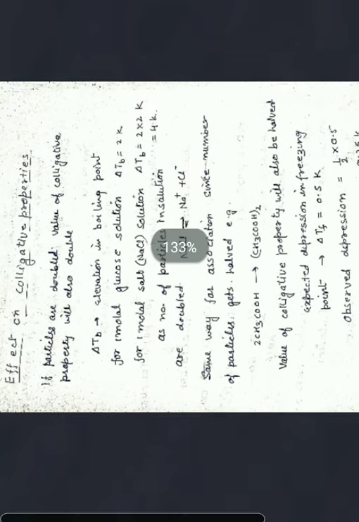Yes, so when we have to study effect of abnormal behavior of solute on colligative properties, as we are already studying, colligative properties are affected by number of particles only. So if particles are doubled in the solution, value of colligative properties also doubles up. Now this we can understand with the help of one example. Suppose we are studying elevation of boiling point of a given substance, and here we have taken glucose solution which is having molality equal to 1.